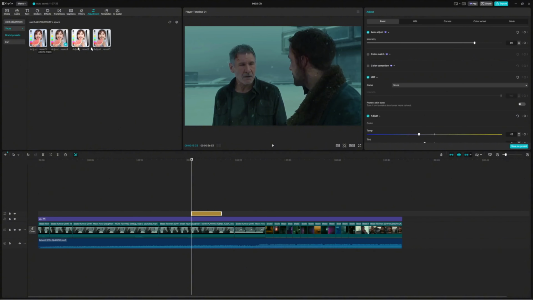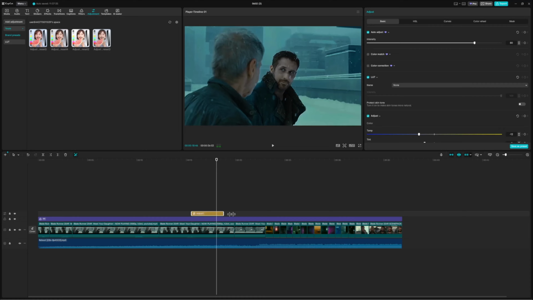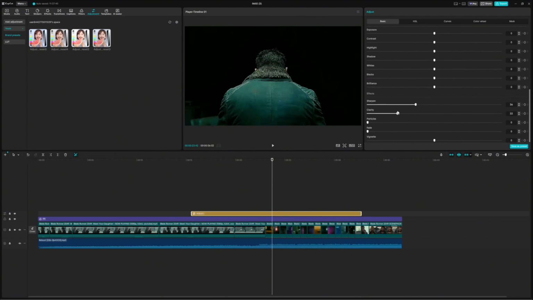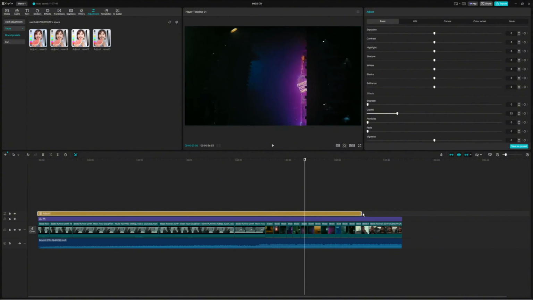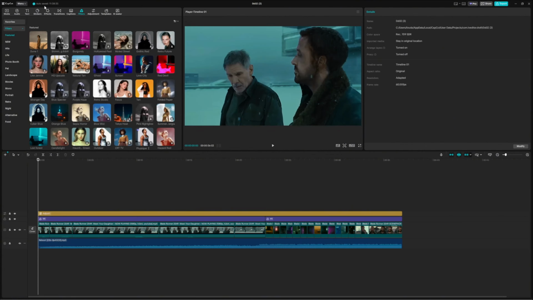We can add an adjustment over here. This is more, I'm not sure if I'll use this one. It's a bit too sharp. So we can lower the sharpness. And we can find a couple more filters. Okay, so now that we have that,